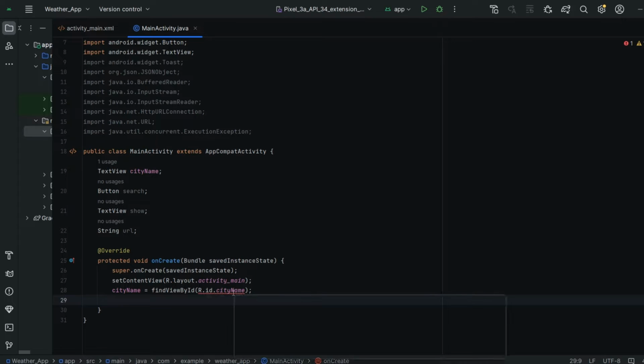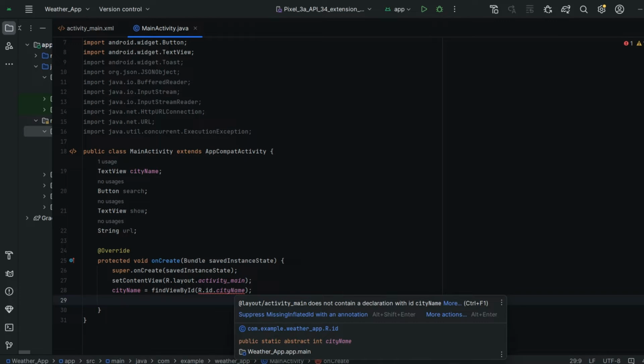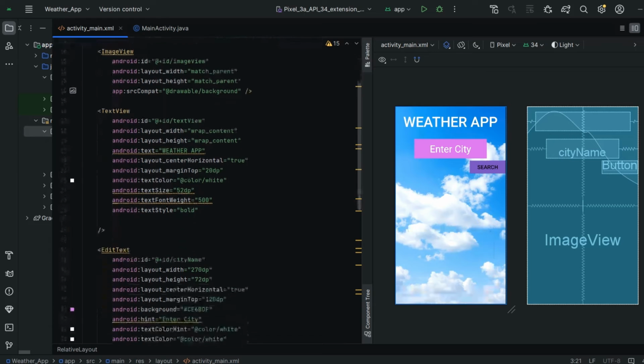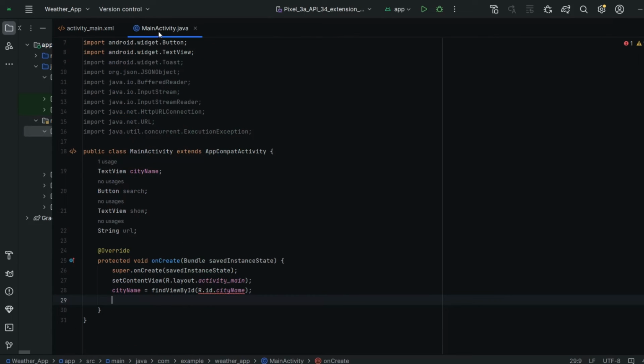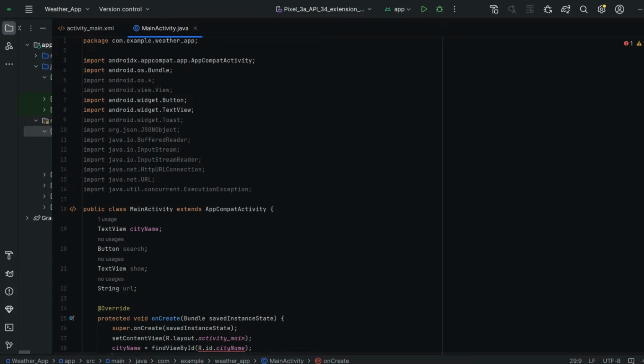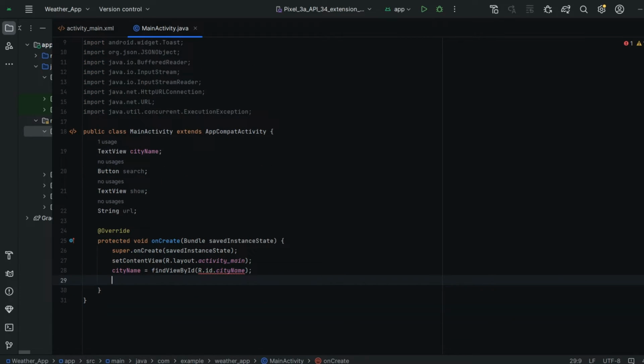I think a small mistake here. Okay, I think there is some mistake. Let me go through this. Okay, don't worry guys, it will be rectified while we are writing the remaining code. Search is equal to findViewById.